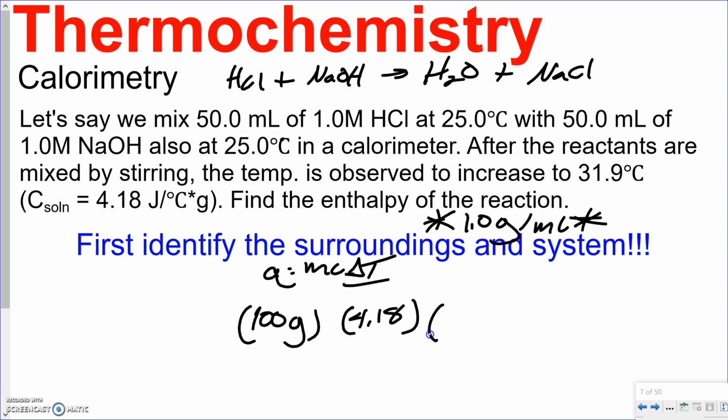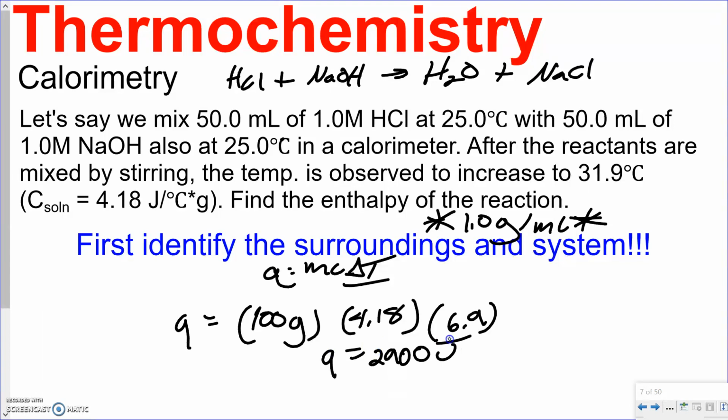And change in temperature, we're going from 25 degrees Celsius for both of them to 31.9 degrees Celsius. Now, this would be a lot more complex if we were dealing with two temperature changes, meaning both solutions started at different temperatures. But because they're both starting at 25 and going to 31.9, that makes our life a little bit easier. It means our temperature change is 6.9. Okay, so now all we have to do is calculate this out. So we have 100 times 4.18 times 6.9, and we have a Q equal to, to proper sig figs, 2,900